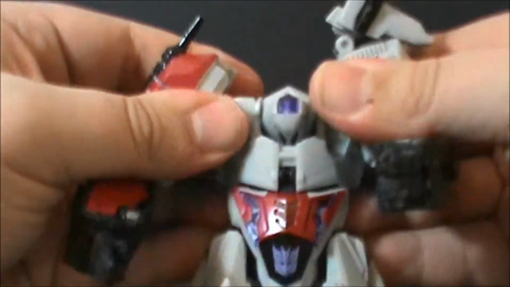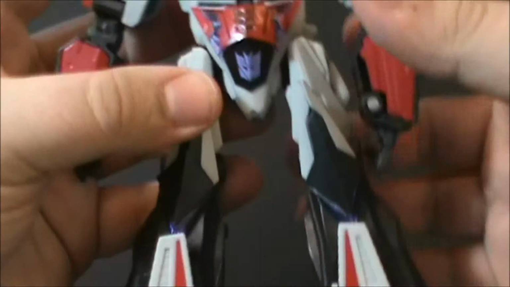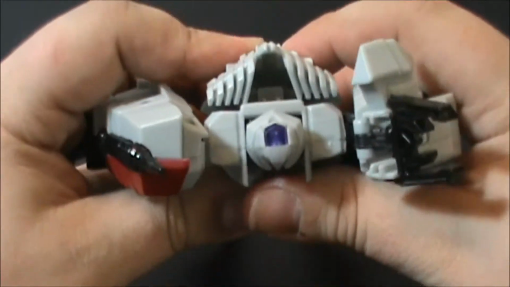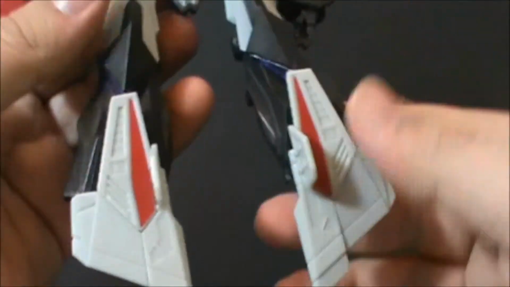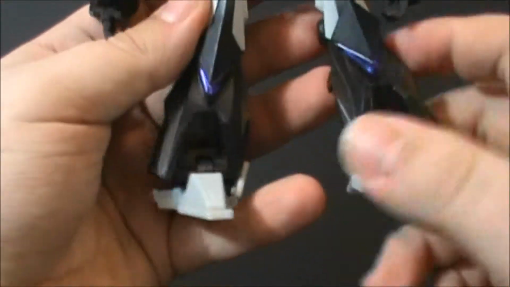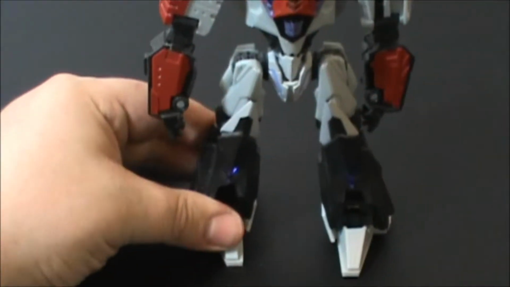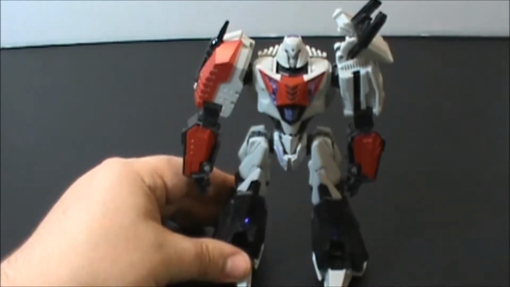Which gives us room to bring his arms down into place, straighten them out. Now we can bring up his head, bring up his back, bring up his chest, and then down here on the feet, we can fold his feet flat, and then fold these panels up and out of the way however we wish. And here we have Megatron in his robot mode, and it is a very cool looking robot mode,